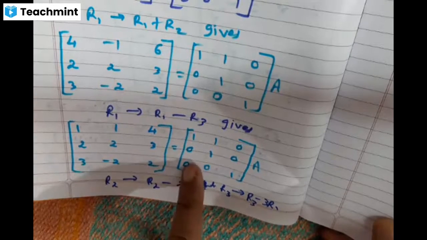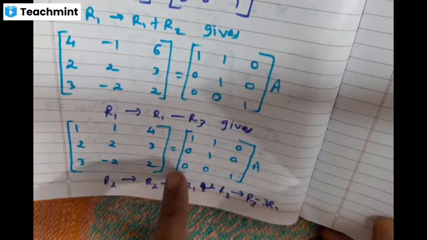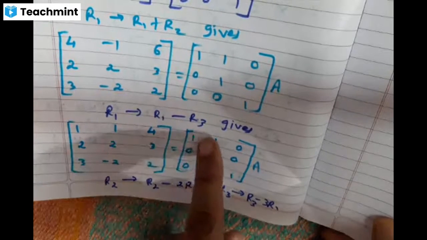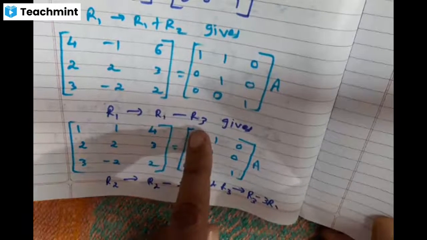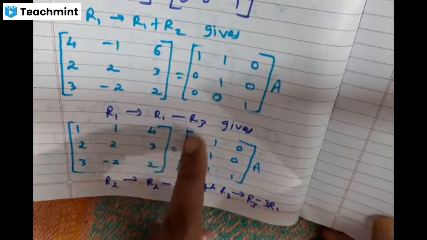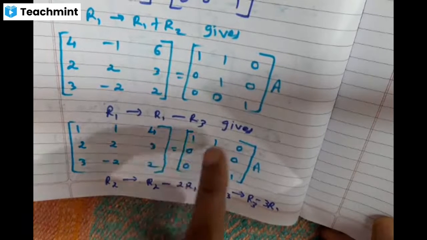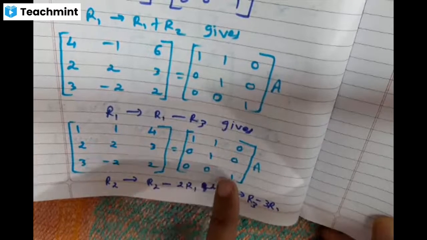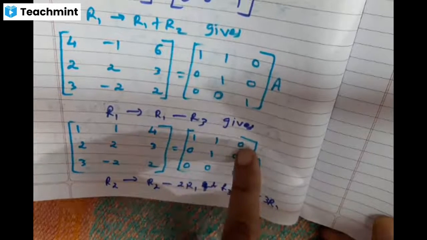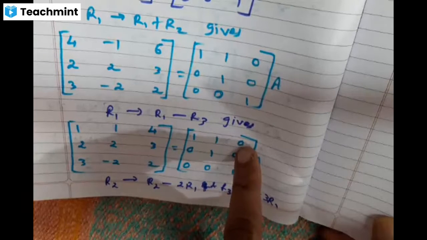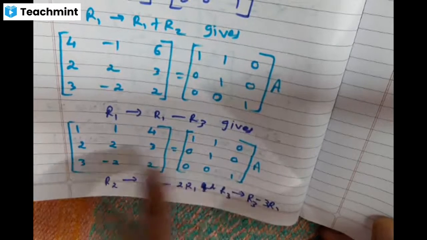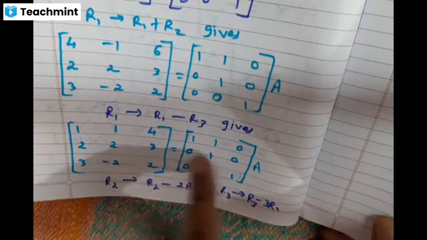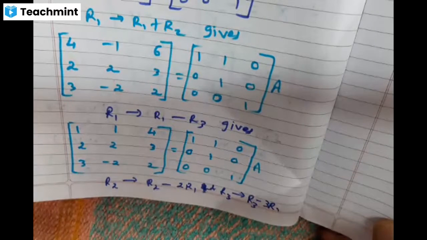Here if you see R3 minus 3R1. So 0 minus 3R1. So 1 multiplied by minus 3. 1 multiplied by minus 3. And then adding it to the third row, it will become minus 3 here. Same way minus 3 here. And this 1 is multiplied by 3, so 0 remains 0 only. So 1 remains 1 only. Okay? So ये हो गया. I'm just showing a few numbers, how the operation comes.